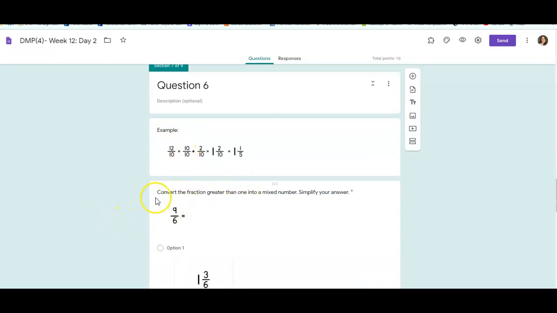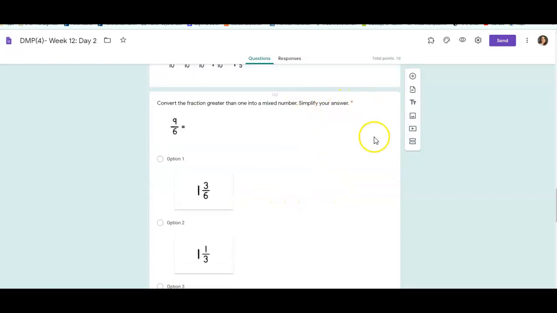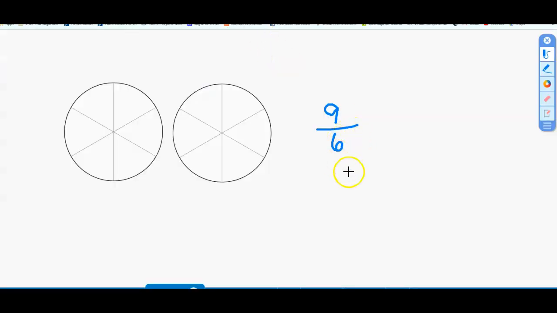Question number 6. We are going to work on converting the fraction greater than 1 into a mixed number, and this time we need to simplify the answer. But don't worry, I'll help coach you through this. If we have 9/6, and I am going to count these as 1, 2, 3, 4, 5, 6, 7, 8, 9. I bet your brain is already like, ooh, I got this, Mrs. Hatfield, and I bet you do. If this is one whole,